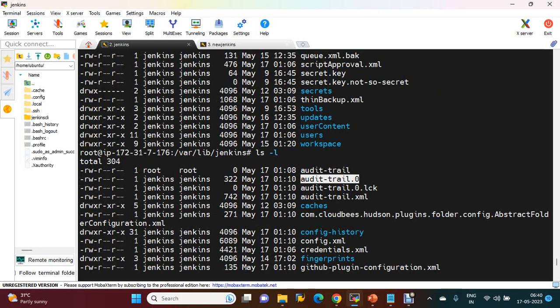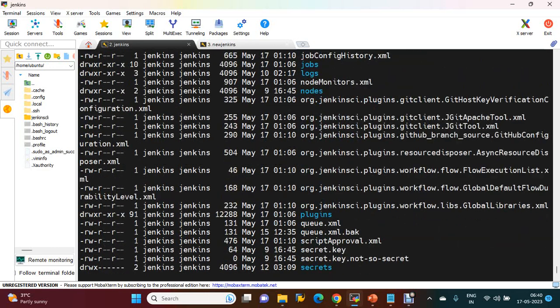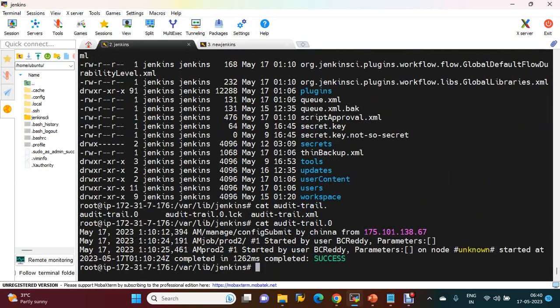Now it is going to create audit trail 1 after 5 MB is full. Now if you cat this file, see, BC Reddy started this job, it is success. If you tail -f,